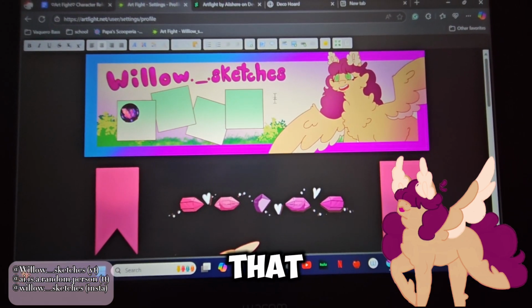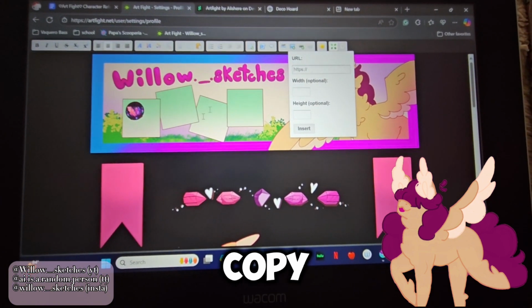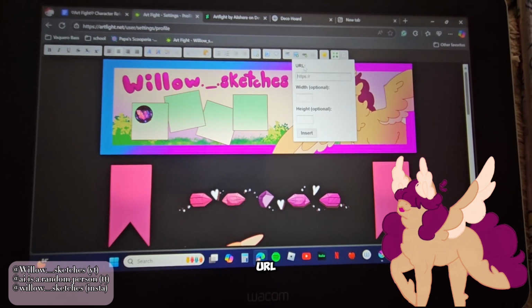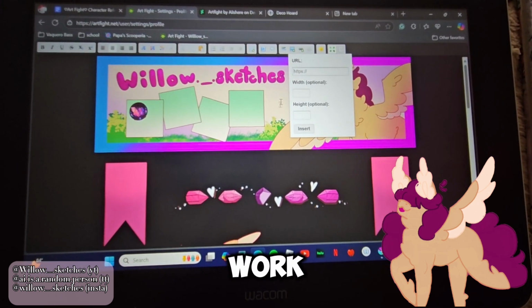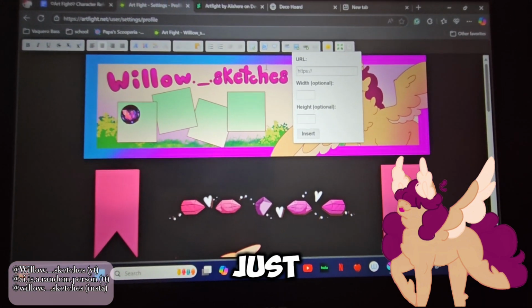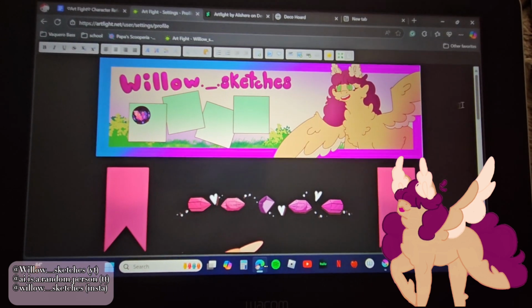Now I know that the website recommends that you use this right here to copy and paste your pictures using a URL, but that does not really work. It works for some people, but not all people. Most of the time it just doesn't work. So what I did was